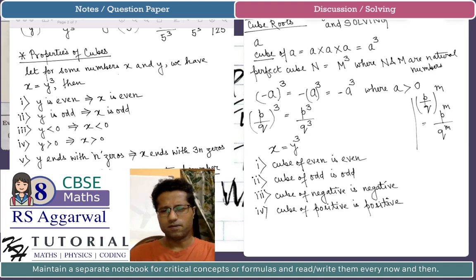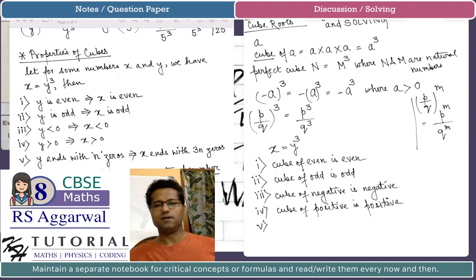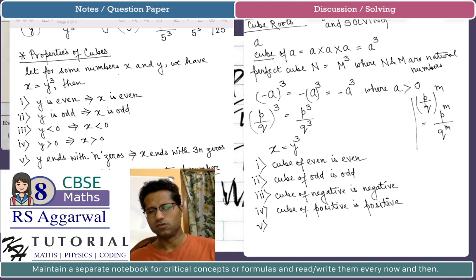Now point number 5. This is a little important, but I hope you will easily understand this. That y ends with n zeros. Now, in a cube, we have x equals y cube. If the number y ends with zeros,